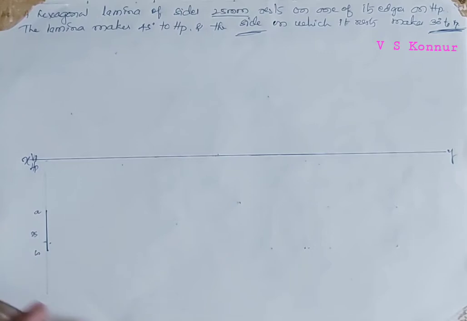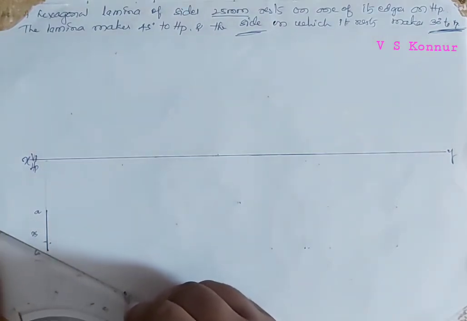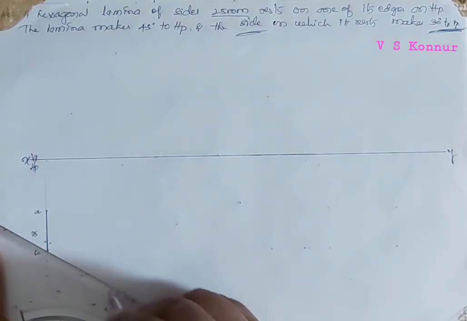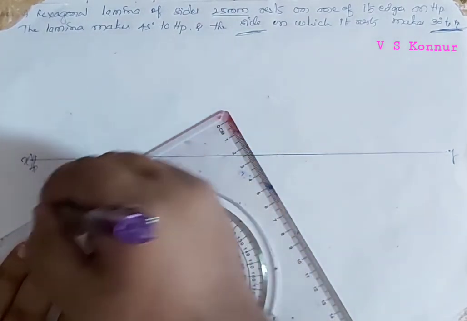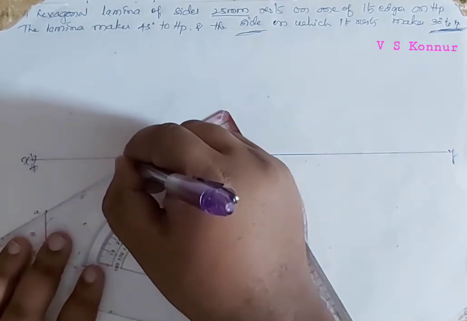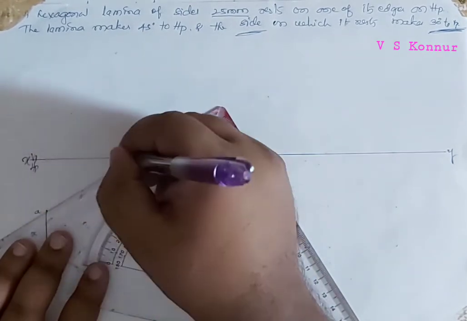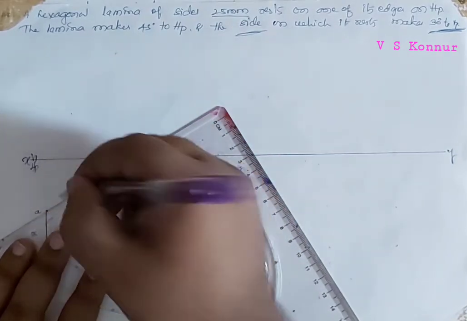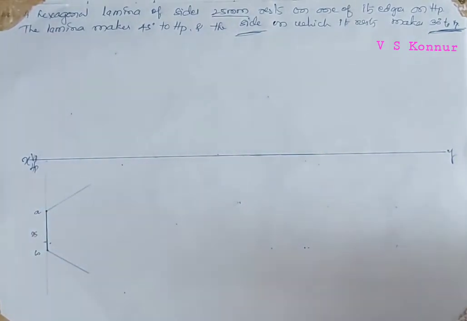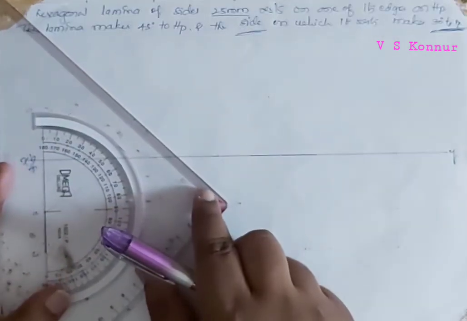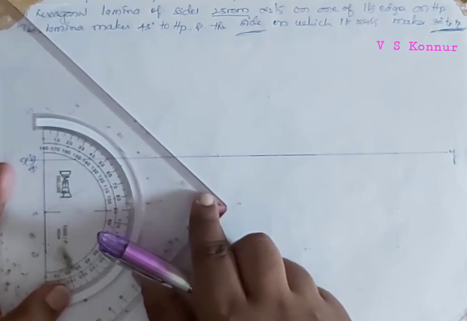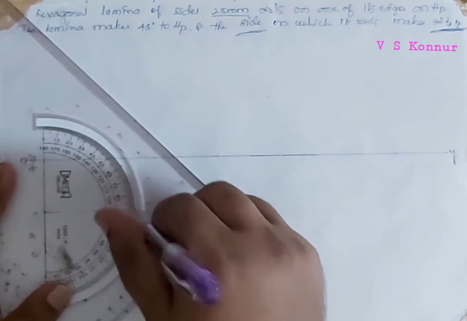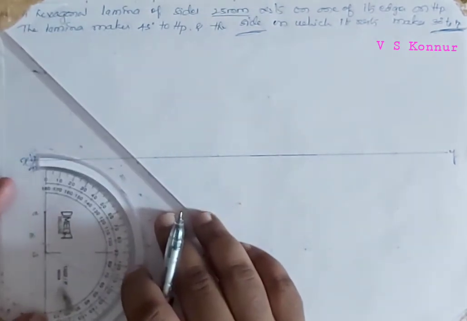And then we'll extend these lines till required, not more than that. And then we'll extend this side. Then we'll cut it by 25 mm and I will take 90 degrees from this side. One more angle I will take. So this is how you have to construct the hexagon, the easiest way. There are many other ways to construct. We'll take 90 degrees here, and we'll explain why this 90 degrees should be taken.